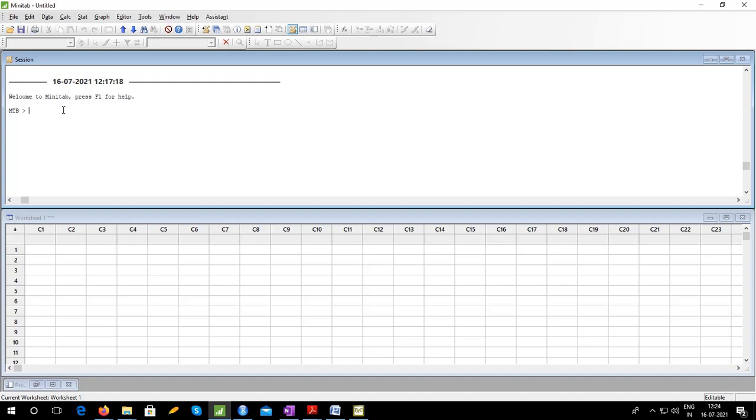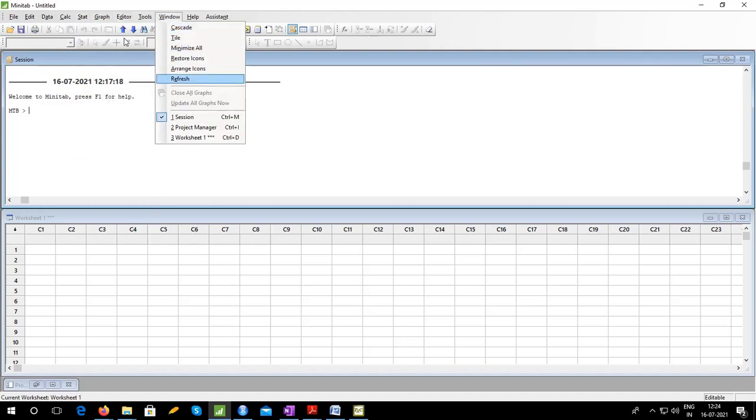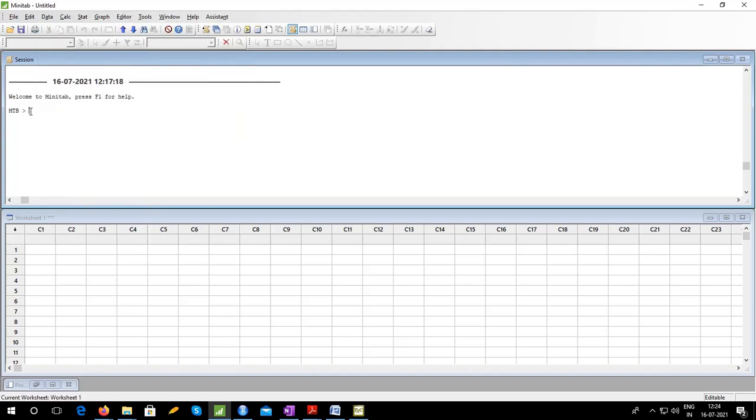What is the reason behind doing this? Because of this, whatever commands you choose from these menus, they all get recorded here. As a result, when you want to carry out similar analysis again, you will get to know exactly which commands you had used, and even inside those commands, which options you had chosen, etc. All such things would be easily visible if you have enabled commands.